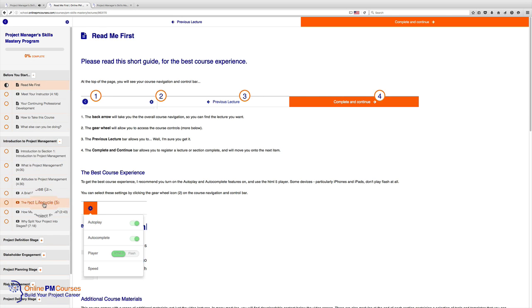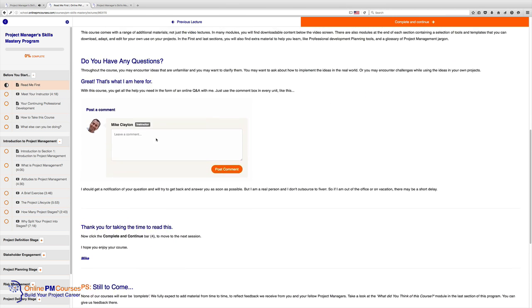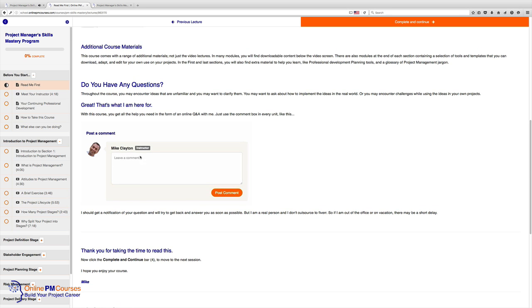And the plus will reveal the content of those sections, and each of these is a module from which you can learn. This first one explains how the interface works, and it also has a comment box there which allows you to leave a comment,